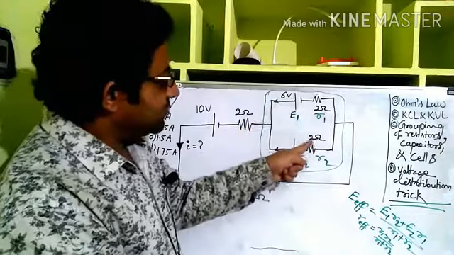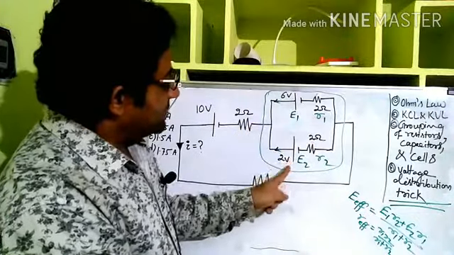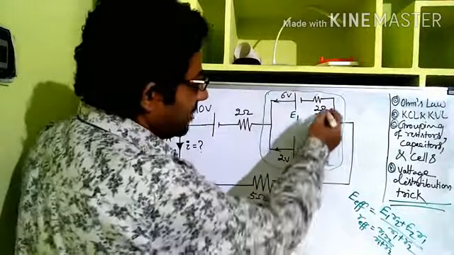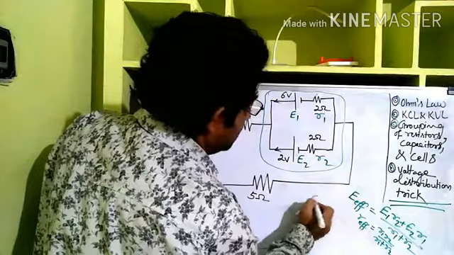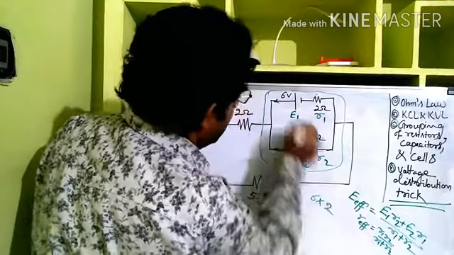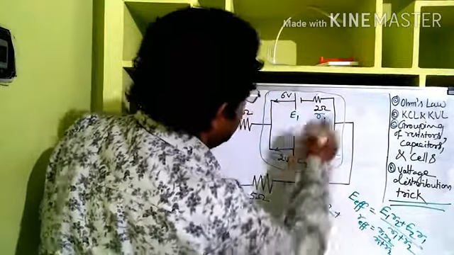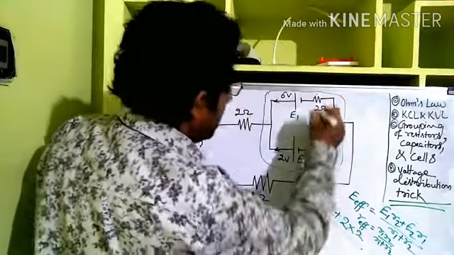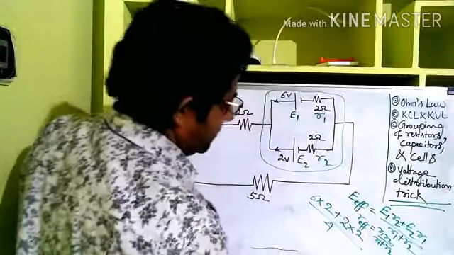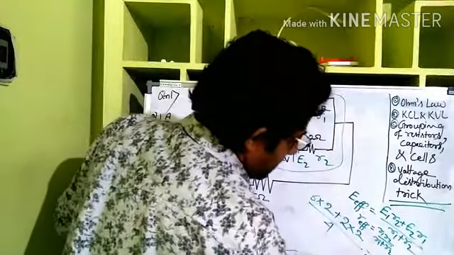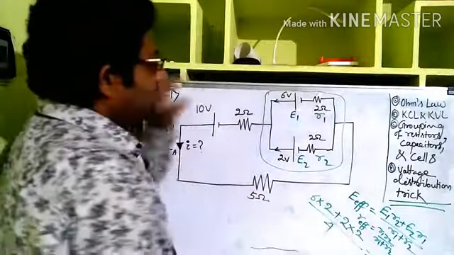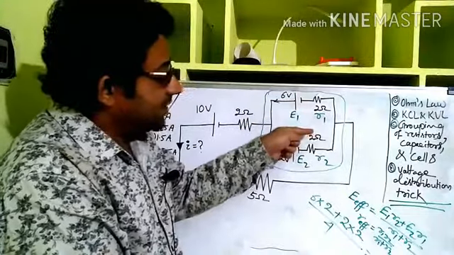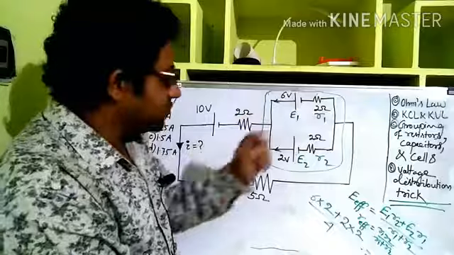Apply these 2 and immediately you get it orally, right? See, 6 into 2 plus 2 into 2, so 12 plus 4, divided by R1 plus R2, which is 4. That is E1 R2 plus E2 R1 divided by R1 plus R2. So how much is this? 4 volt, right? So the combination of these 2 is 4 volt. Internal resistances are also connected in parallel, so 2 into 2 by 2 plus 2, that's 1 ohm.